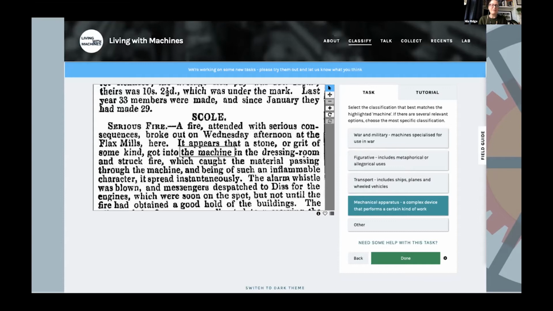It's the kind of thing that people are really good at doing because we're good at reading an article and picking up contextual clues to assign meaning to the phrase this machine or the machine, where software isn't very good at that. So we'll use this as training data for machine learning methods so that we can scale up our inquiries. So working with this kind of process for really complex emergent research questions has been quite challenging, but